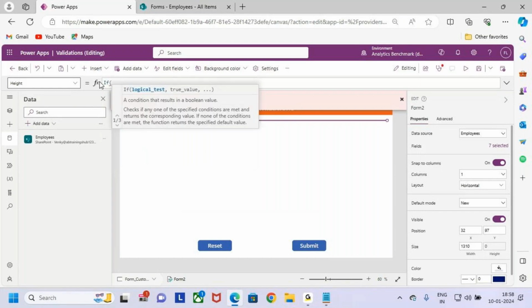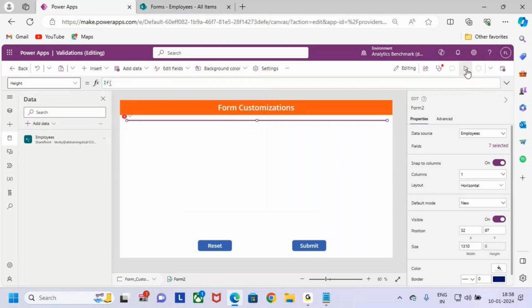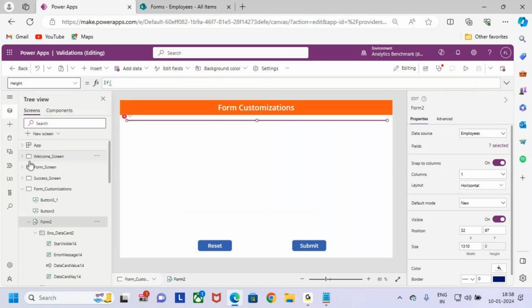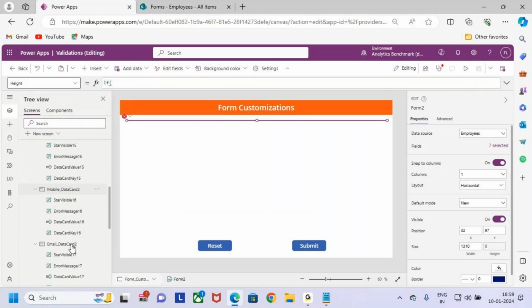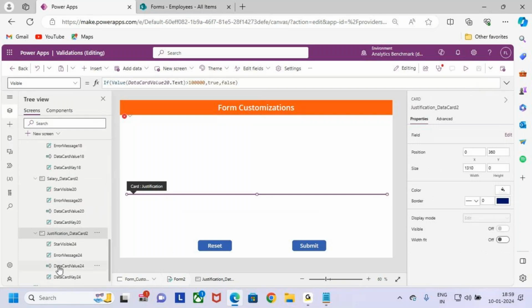What is the logic test I want to write? If the justification field is visible, now go and select the justification field, guys. Just save it. Go to the form and then go to the justification field where it is. Copy the name of this one. If this field is visible,